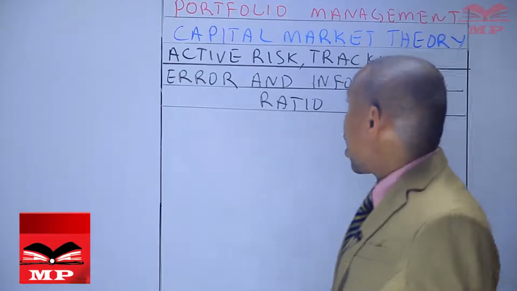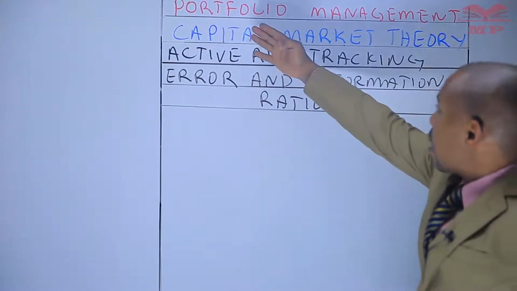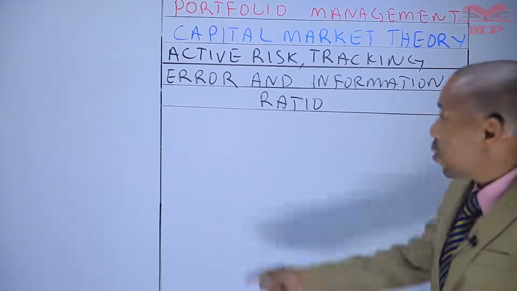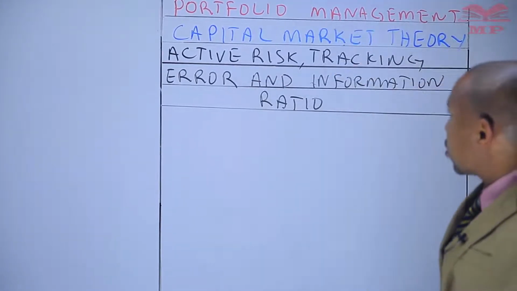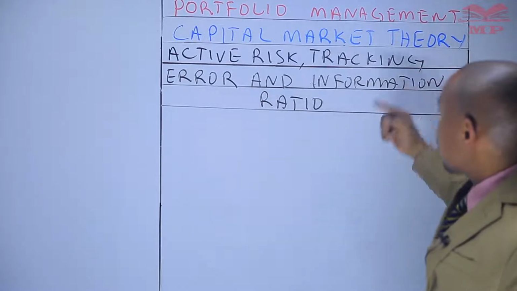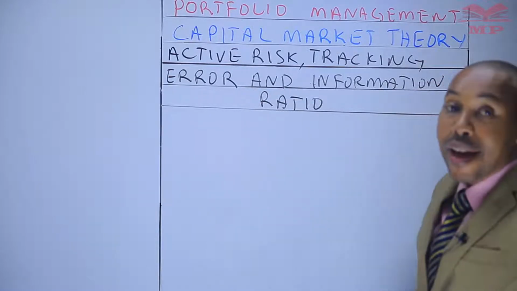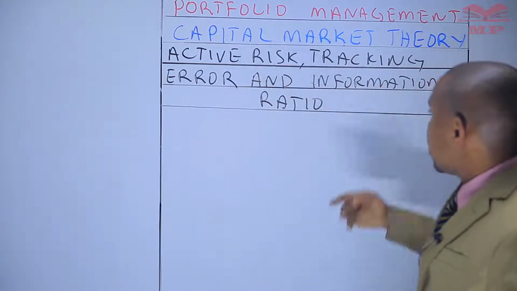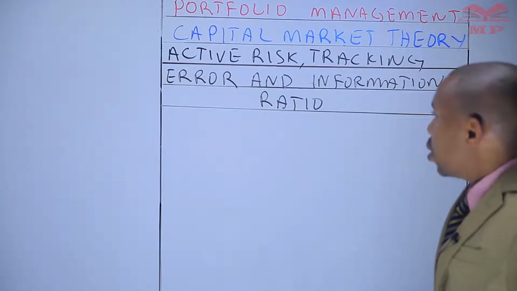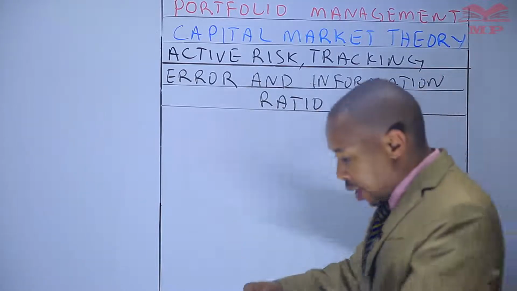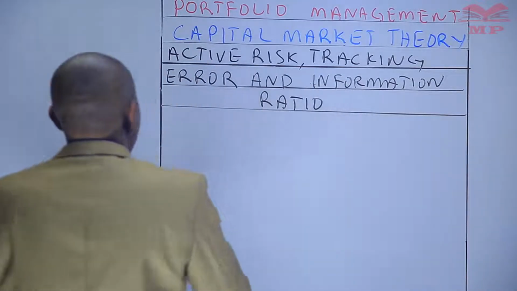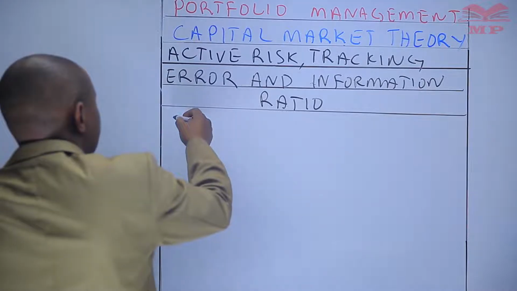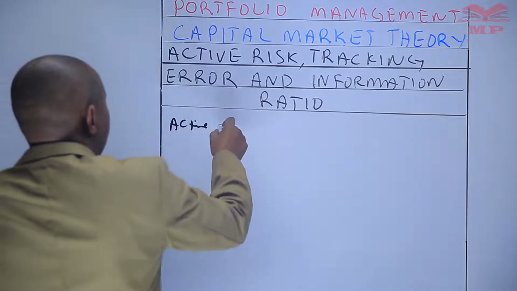Today we are going to conclude this topic on capital market theory. This is a unit under the CIFA qualification. We are going to conclude by analyzing active risk, tracking error, and information ratio. So we start off by mentioning what active return is and what active risk is. So active return,